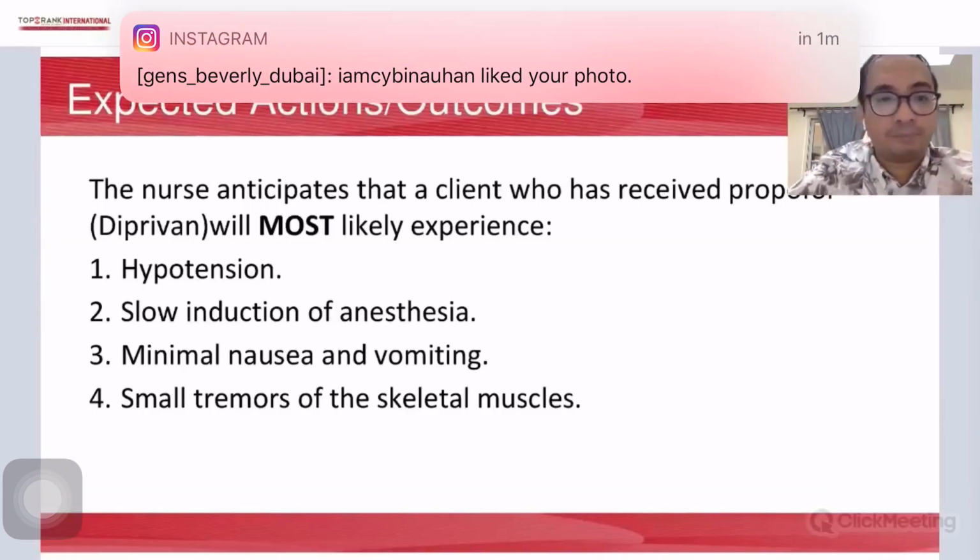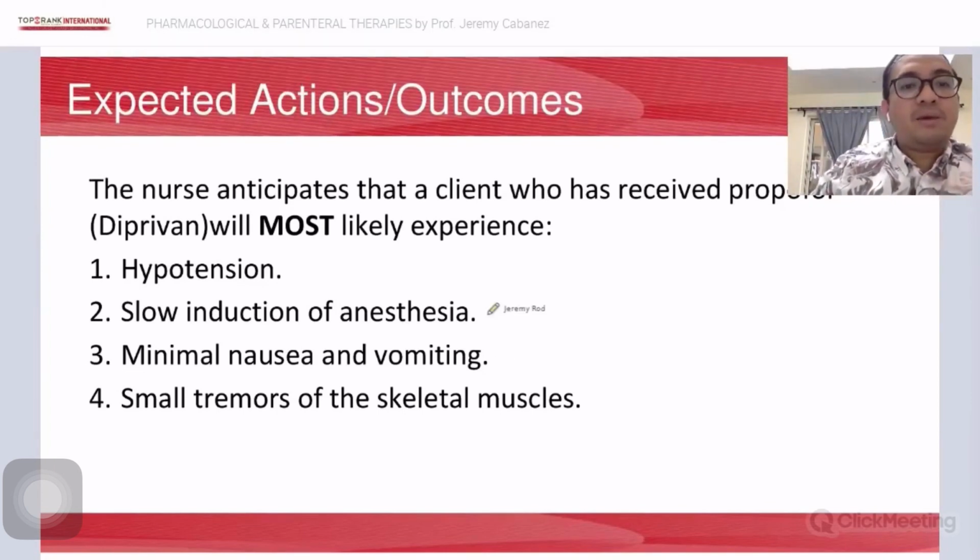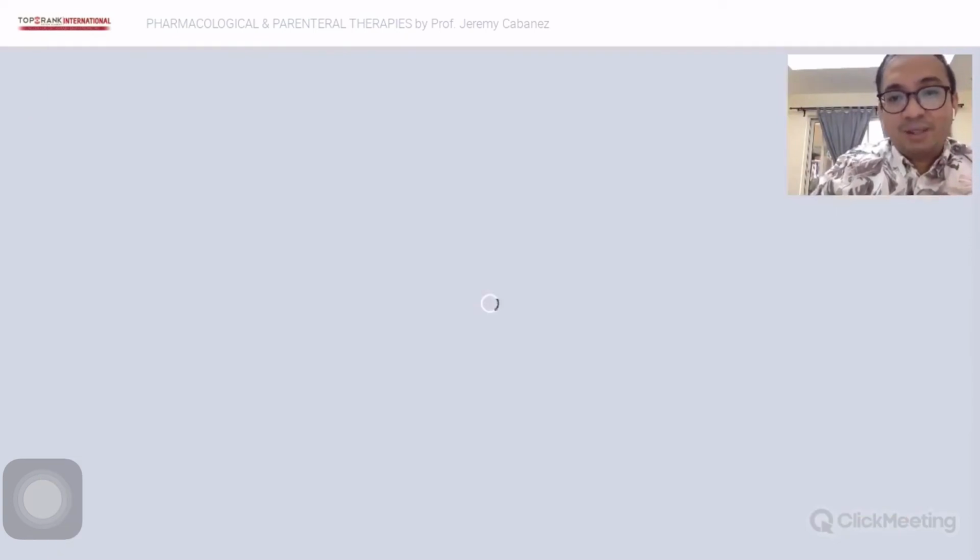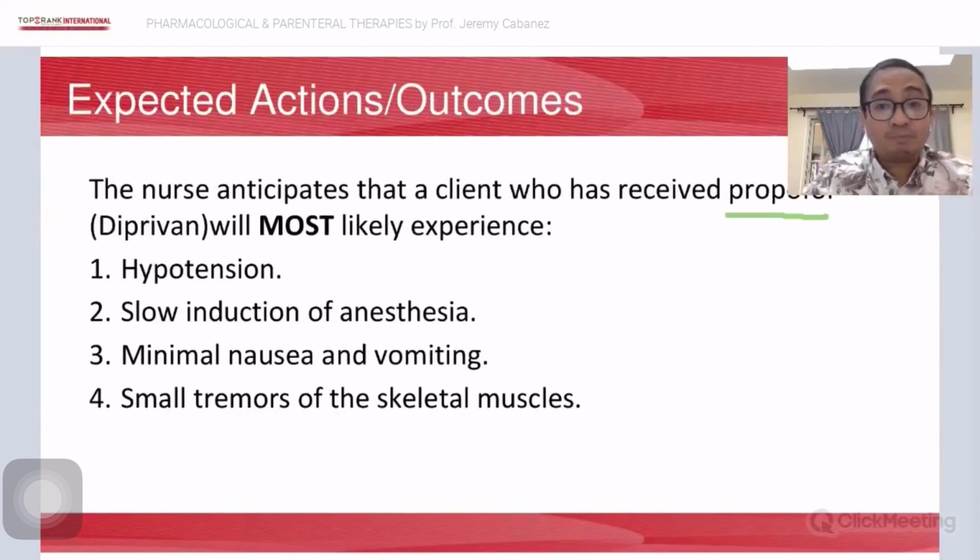Okay, moving forward. Let's talk about expected actions and outcome of the drug. Okay, question. The nurse anticipates that a client who has received propofol will most likely experience. Okay, topic. Topic is all about propofol. Can you tell me what is the classification of propofol? Anyone? Propofol is a type of sedative. No? Sedative siya. This is a type of